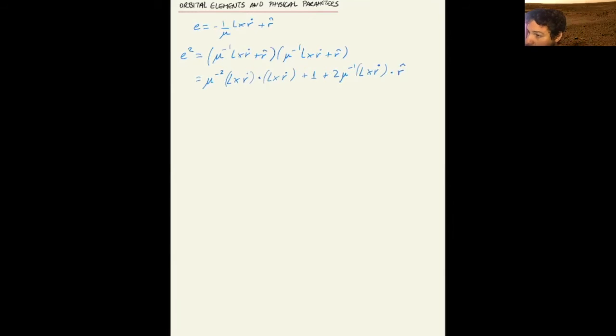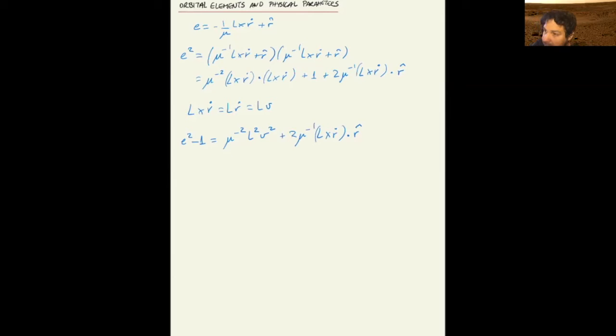The first term in the right hand side is the square of the modulus of L cross R dot. Now because L and R dot are perpendicular, then L cross R dot is equal to L R dot, which is equal to L V. So if we subtract 1 on both sides,